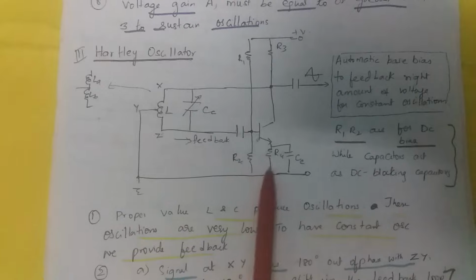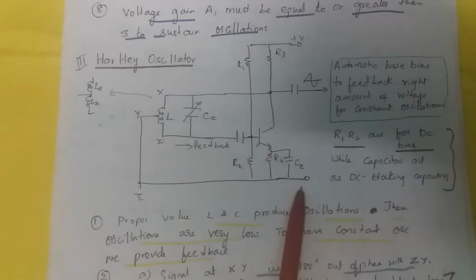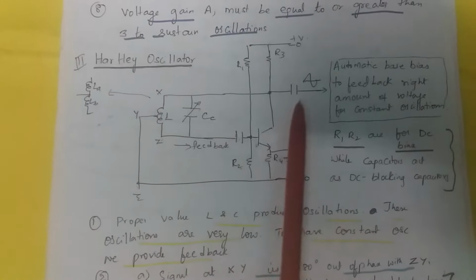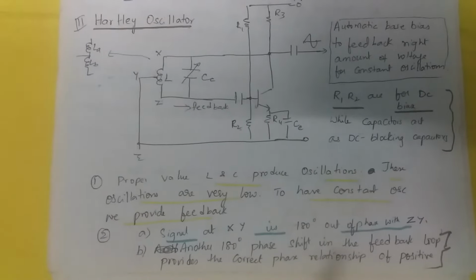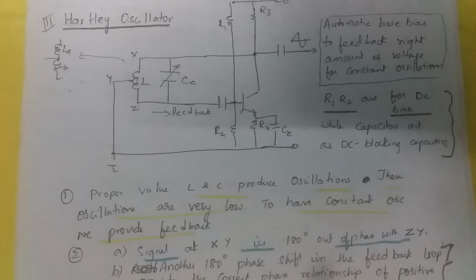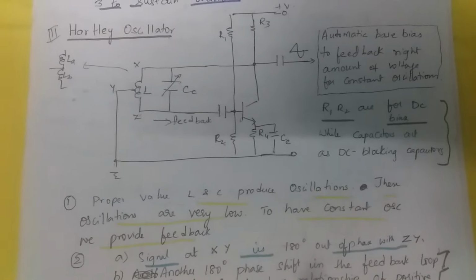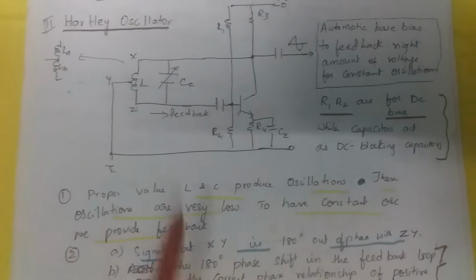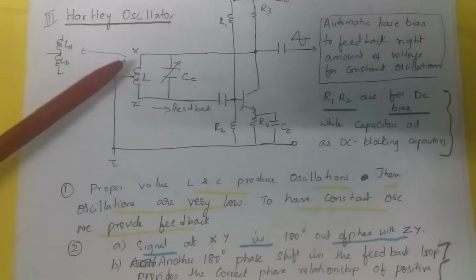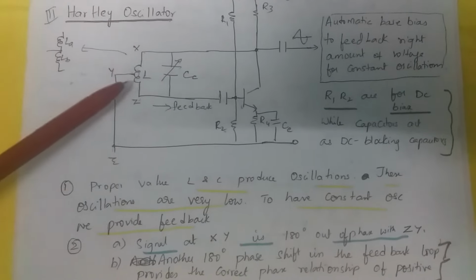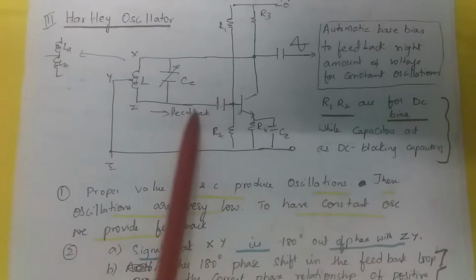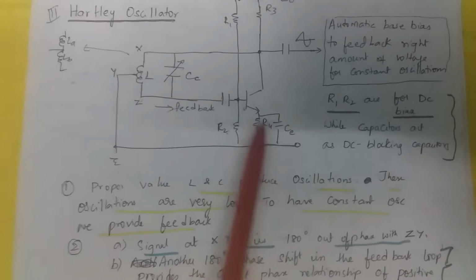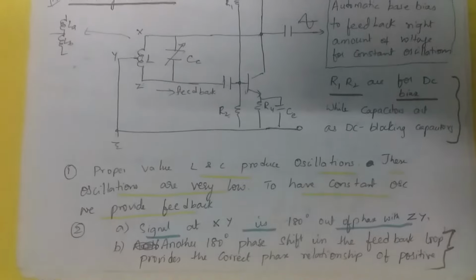R4 is a negative bias resistor. CE is a bypass capacitor. There's a blocking capacitor over here and a blocking capacitor over here. Proper values of L and C produce oscillations. These oscillations are very low. To have constant oscillations, we are providing the feedback that we have discussed. So the signal at XY is 180 degrees out of phase with the signal at YZ. The remaining 180 degree phase shift is provided over here,